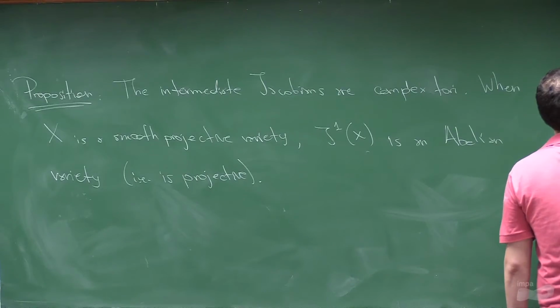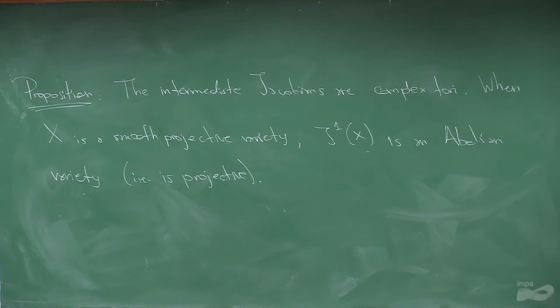So let lambda be this, the image of phi. We have to check that the rank of lambda is equal